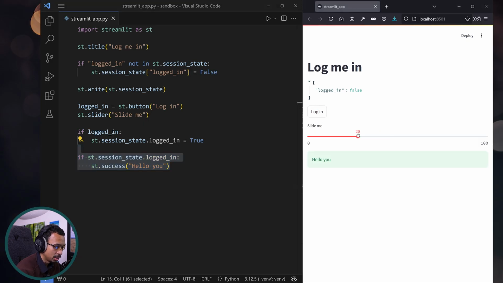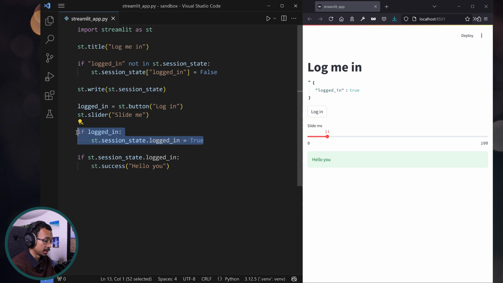Log in, hello you, and as you can see, even if I slide the slider, the logged in stays true, the logged in from the session state, and you can still interact with the slider, and you're still good to go. Now, instead of using this way of interacting with session state,